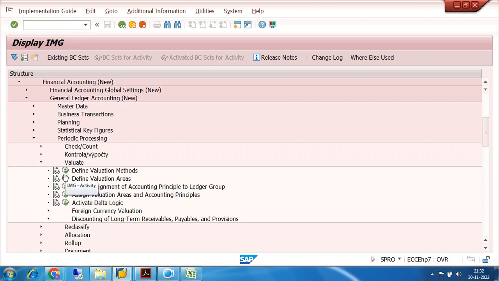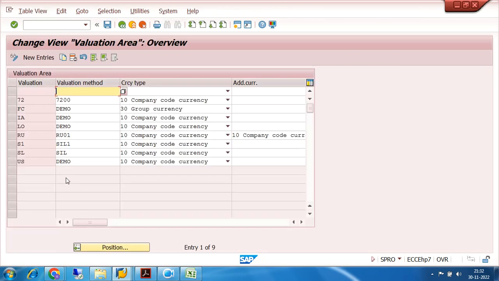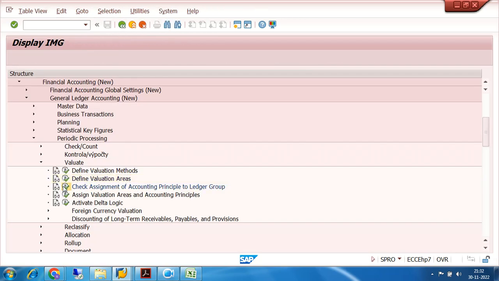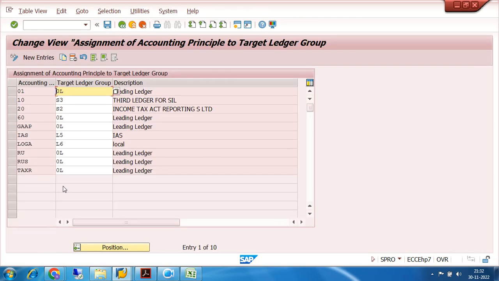Now I have to go to define valuation areas. Valuation methods, okay, it's all right. Then accounting principles to ledger. Okay, I have M1, so I have to select